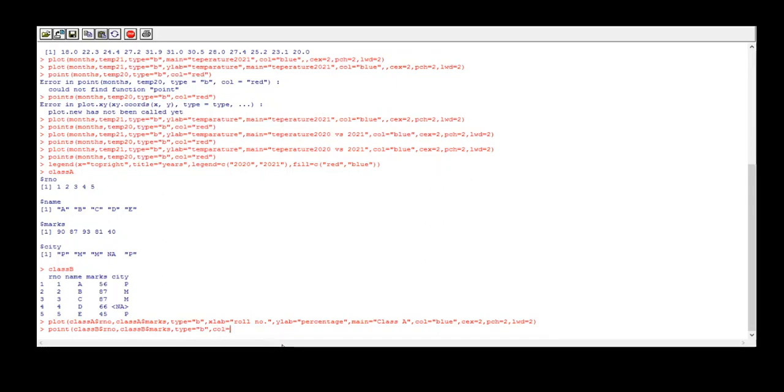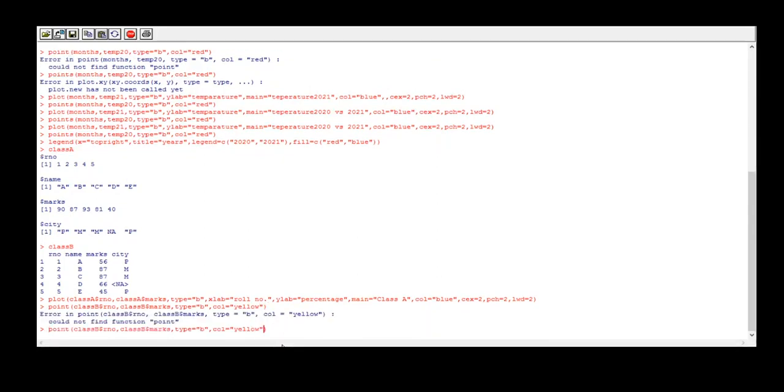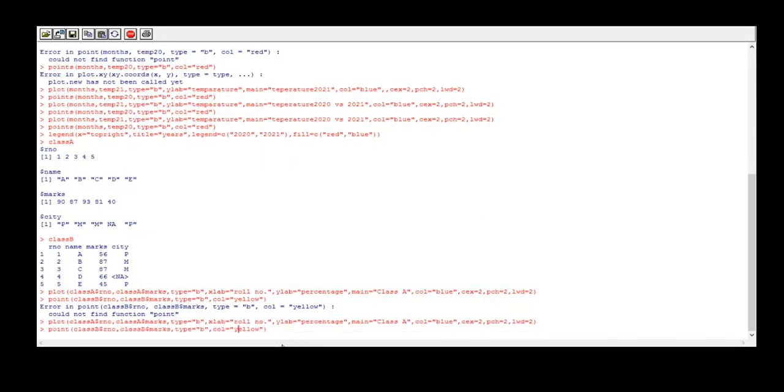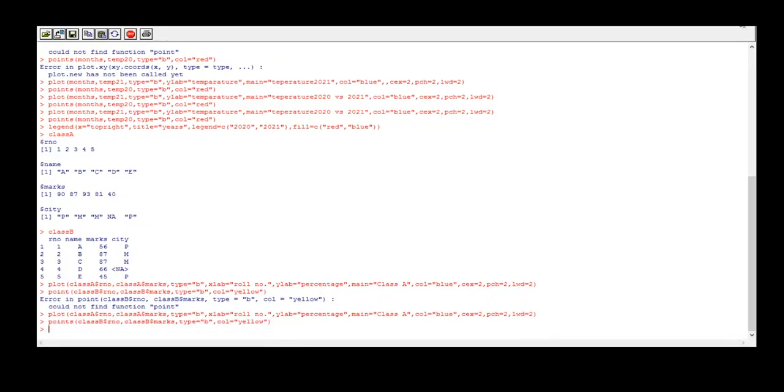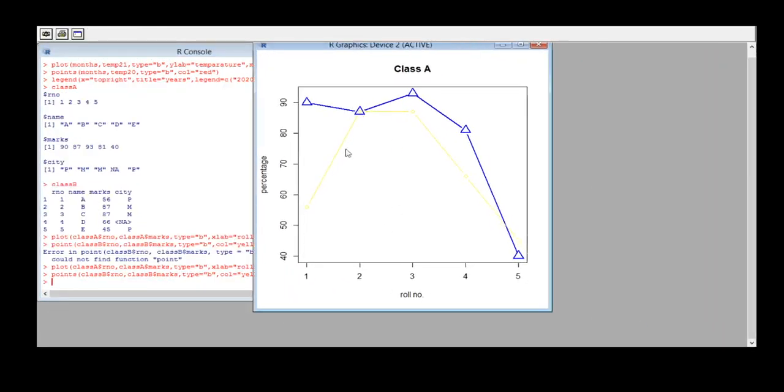Let's change the color. Suppose let's take yellow. The function is points. See, this yellow is for class B and this blue is for class A.